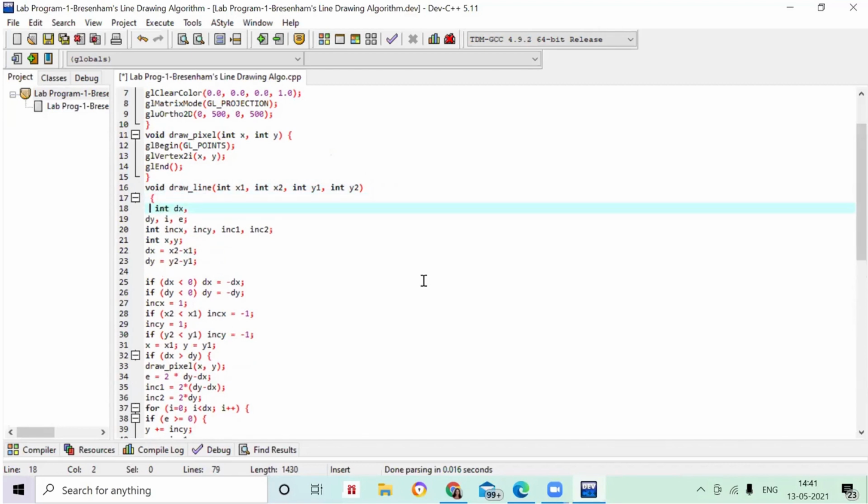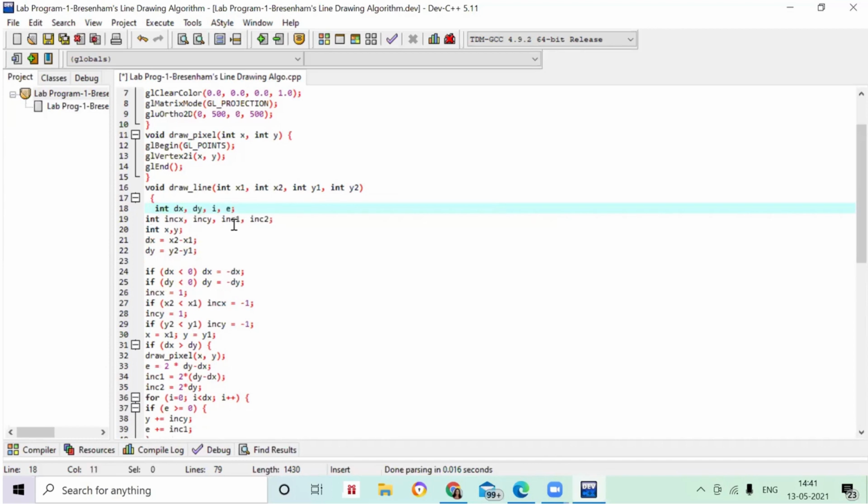So you know that in our algorithm, some formulas were there which we have to calculate, right? And we have to save it in some name. So here you know that this is a formula I have told you, dx to find out, right? X2 minus x1, dy also you are going to find out y2 minus y1. So now this dx and dy has to be declared. So I have declared over here int dx dy. You can write it in one line also. Okay, so this part is clear for you all, I guess.